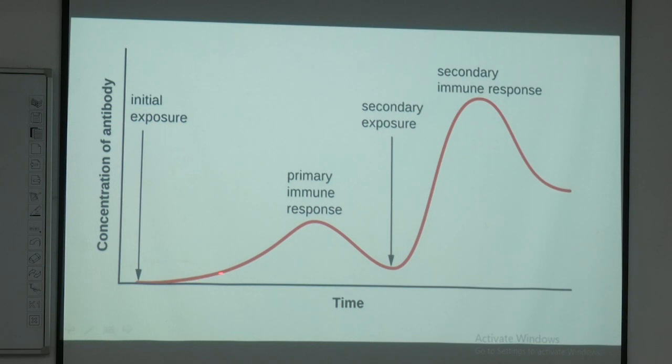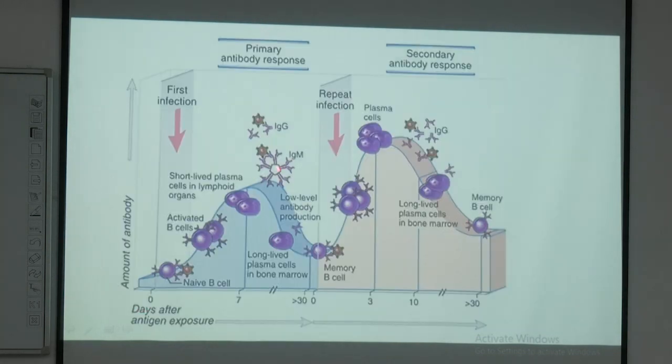In this phase you can see it takes some time, and after the second time exposure there is no such lag. So the primary immune response takes much more time than the secondary immune response, and the antibody produced in primary immune response is much less than in the secondary immune response. So here is the same curve, and we can see in the primary immune response